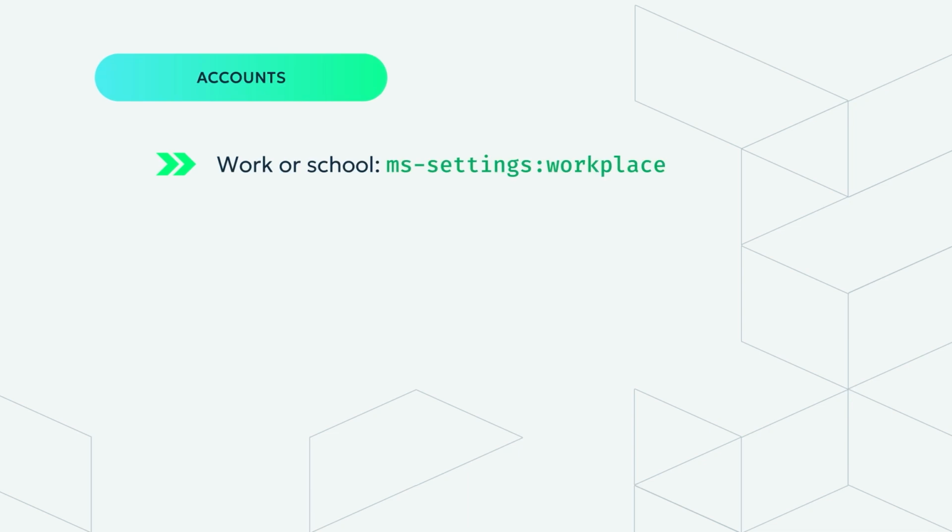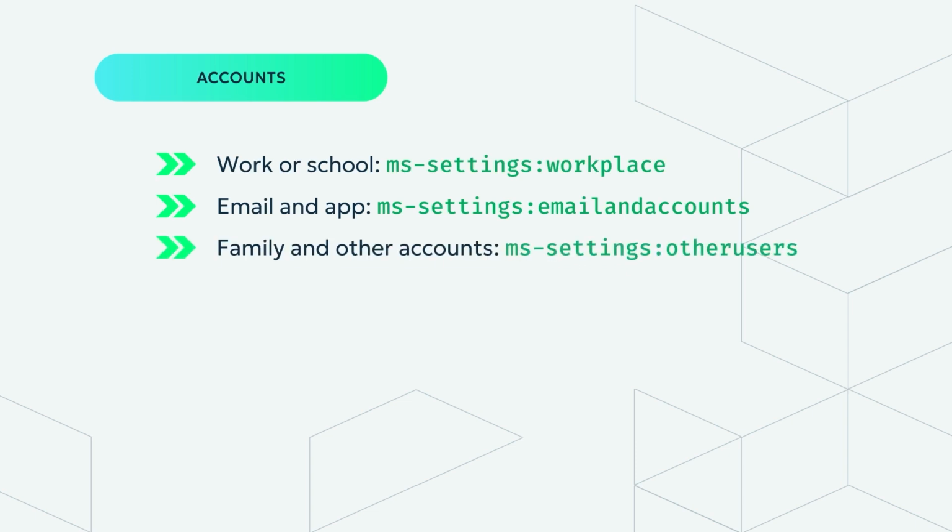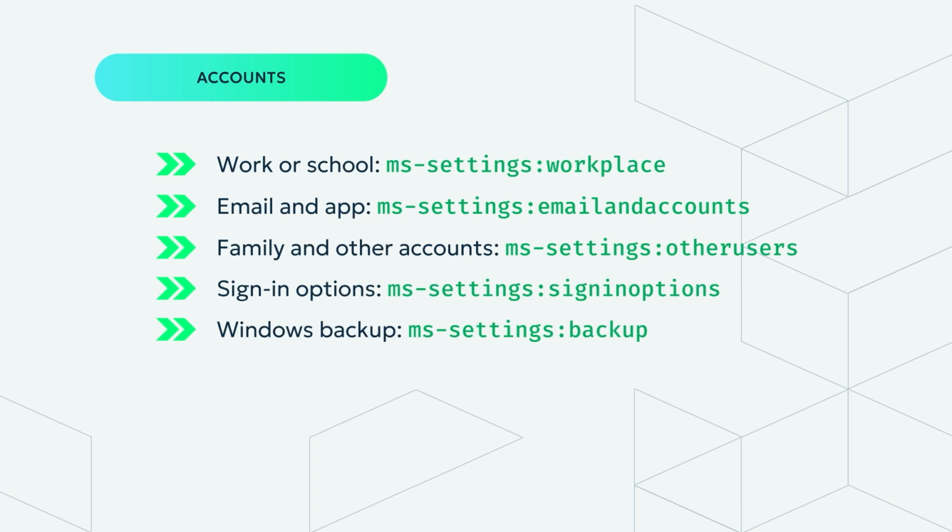To access work or school accounts, type ms-settings:workplace. To access email and app accounts, type ms-settings:emailandaccounts. To access family and other people's accounts, type ms-settings:otherusers. To access sign-in options, type ms-settings:signinoptions. To access Windows backup, type